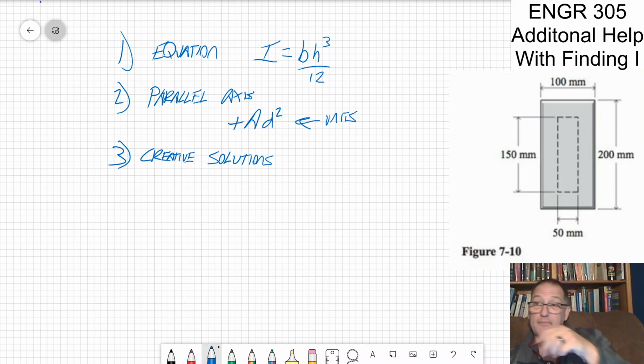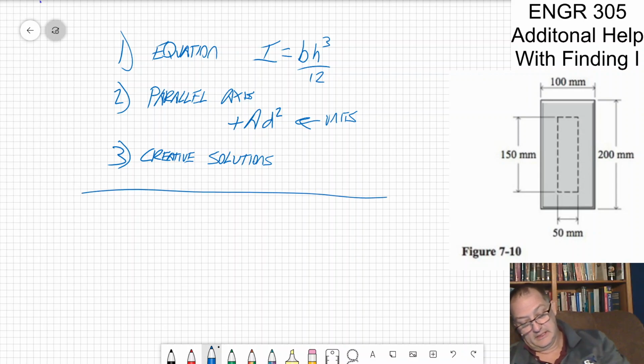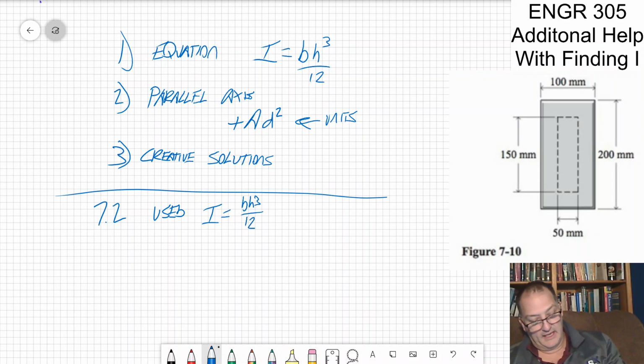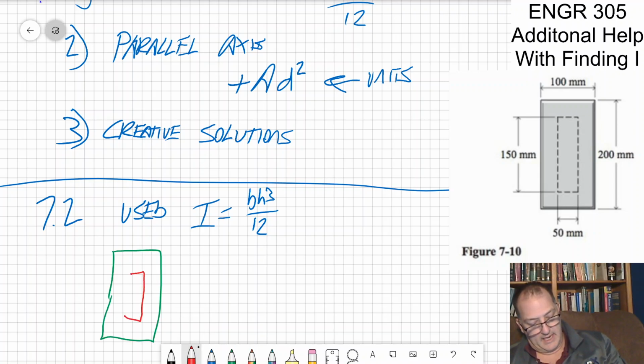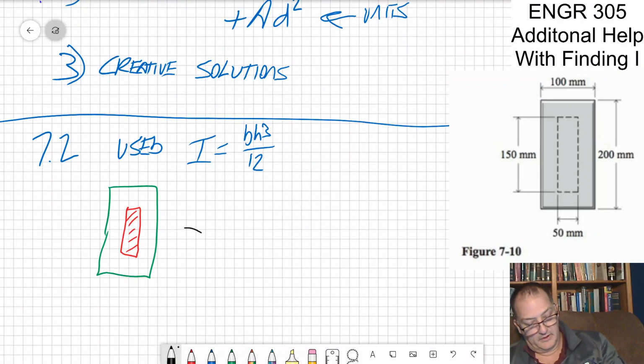So I left the problem figure from 7.2 up because in 7.2 we used I equal to base times height cubed over 12. But then we did this second shape, where we had this outside minus the inside. And since they have a shared axis, a shared neutral axis,